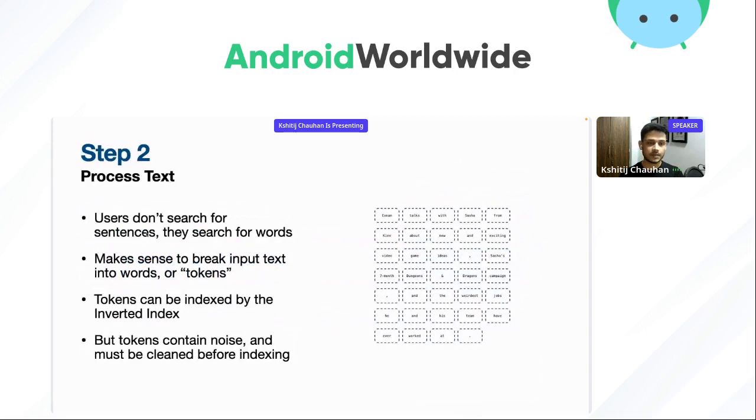Here's a problem, right? Users don't really search for sentences, they search for words. Even if they enter a single word, they expect relevant search results back. In this sense, it is more sensible to break the input text into words or tokens. The advantage here is tokens can be indexed by the inverted index, but they contain some noise and they must